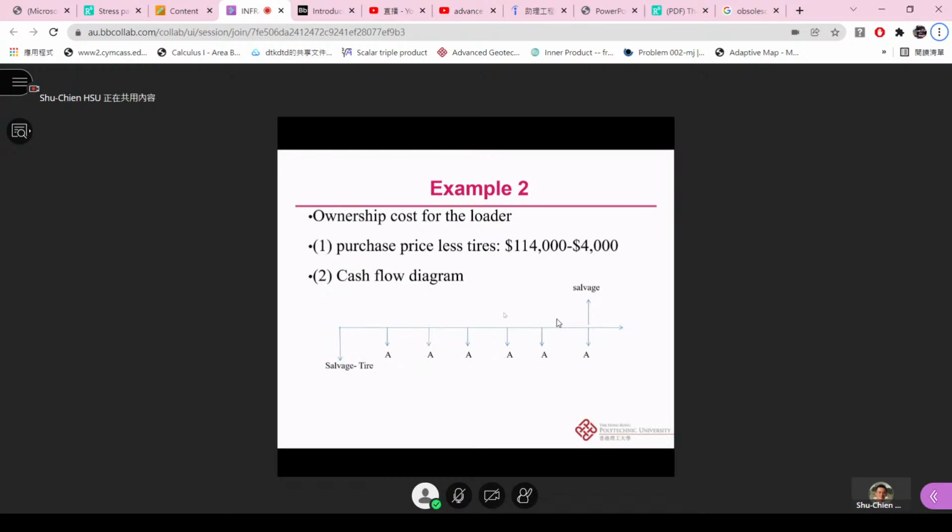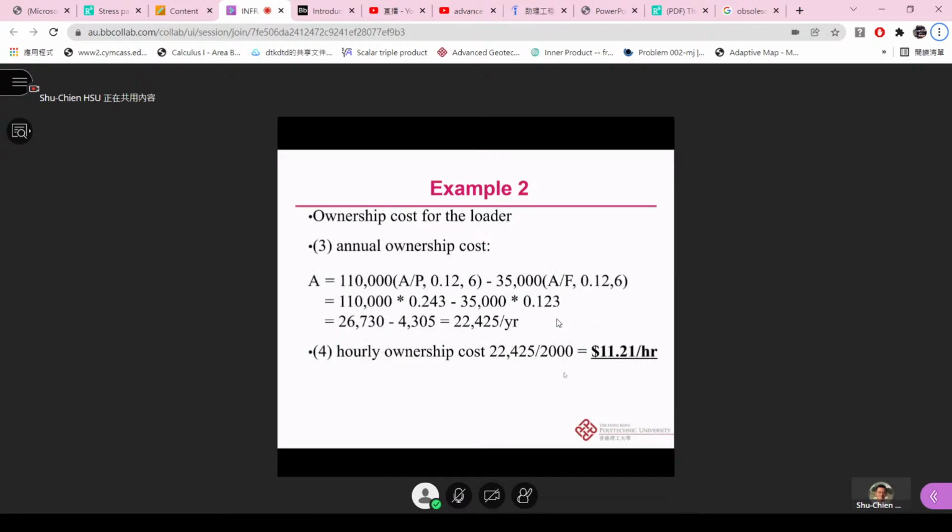And then we will start with the ownership cost for the loader. And we have the purchase price less the tires. Remember that? We will have separate cash flows for the equipment and the tires. So the first thing we are going to do is subtract 4,000. And we have the cash flow diagram like this. We have the annual ownership cost like this. We have A equal to the